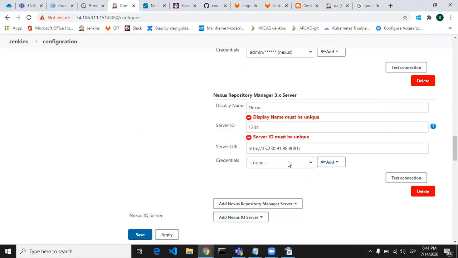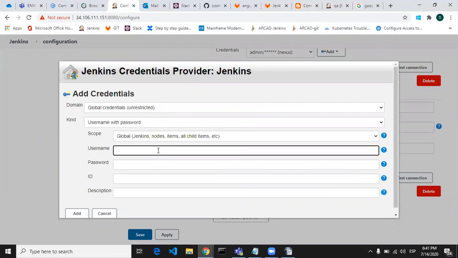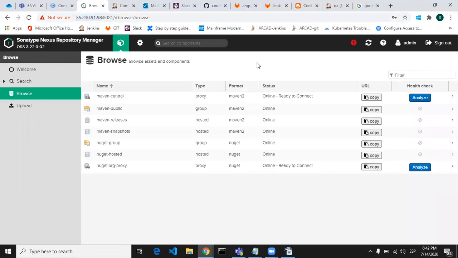Then you have to add the credentials. For credentials, you have to click Add, Jenkins, and then add the credentials for Nexus. Remember how we signed in and provided the credentials? To check that, you have to go to my previous tutorial on how to install Nexus on Ubuntu.